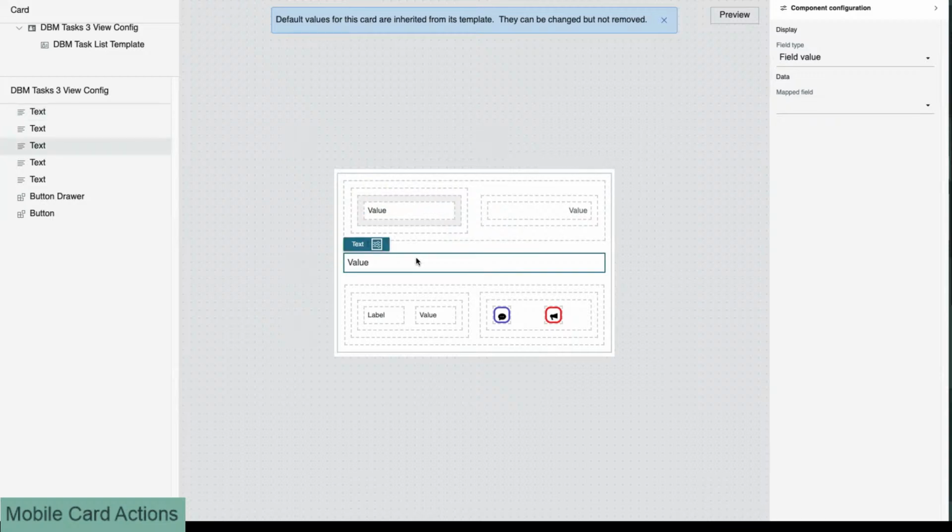We also have on the roadmap, again, we're dealing with two different record paradigms here. We've got the old item views and the new mobile views. We want to build a tool in Mobile Card Builder which will allow you to convert those old item views into the new mobile views so that you don't have to do that manually. We'll let the system do it automatically, basically upgrade you to the new mobile view paradigm, and then start being able to take advantage of all of these new features like the card actions, because you can't do card actions